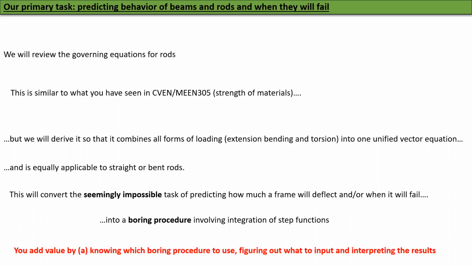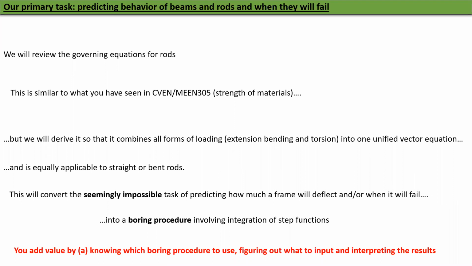You add value by A, knowing which boring procedure to use, and B, figuring out what to input and interpreting the result. So three things you have to know: which procedure to use, what to input into it, and can you interpret the results. The actual steps of the procedure are useful to know. Sometimes you can do it by a calculator, sometimes you have to do it by hand, but that's pretty straightforward. That's the easy task. These three things are the hard ones. Okay,